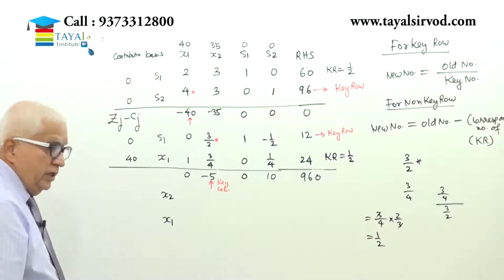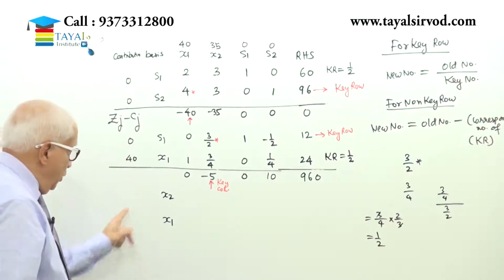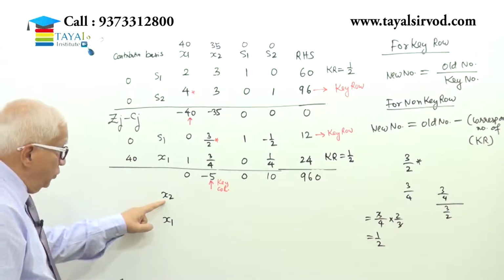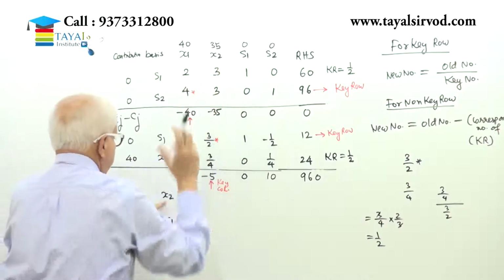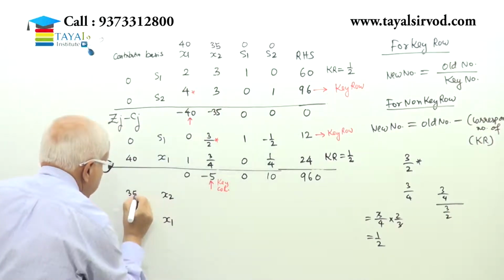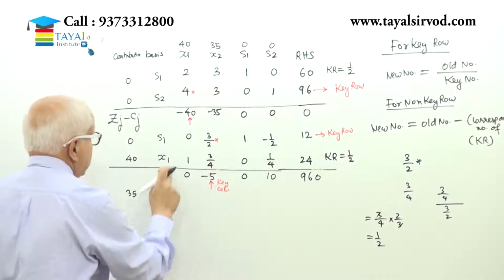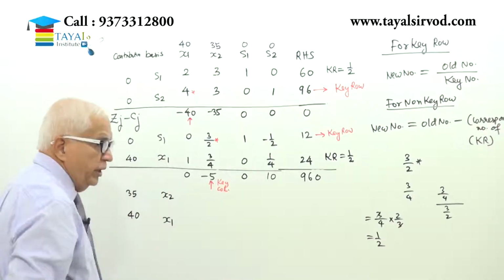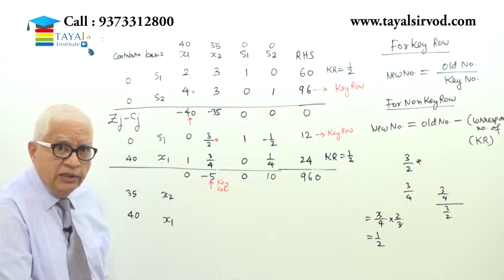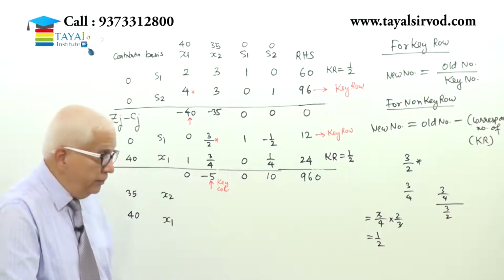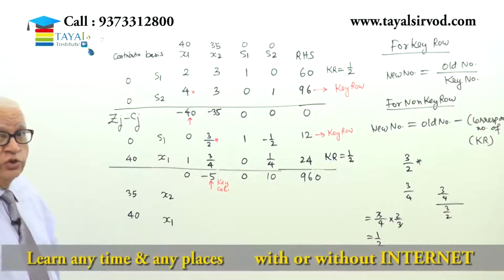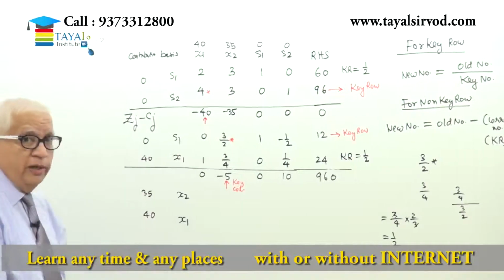The moment I write the basic variables, I know what are their contributions to the objective function. Can you see that the contribution of X2 to the objective function which is available here will be 35, and contribution of X1 was 40. It remains same where the variable is unchanged. Therefore, the contribution column now has 35 and 40. Okay. Now what are the basic variables? In the order X2, X1 is the order in which the variables appear in the basis. X2 first followed by X1.